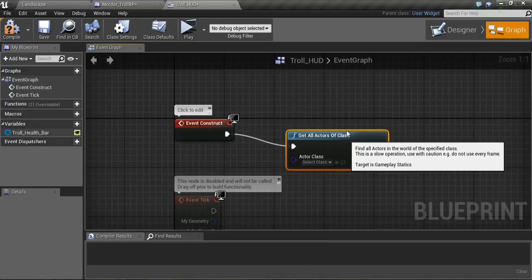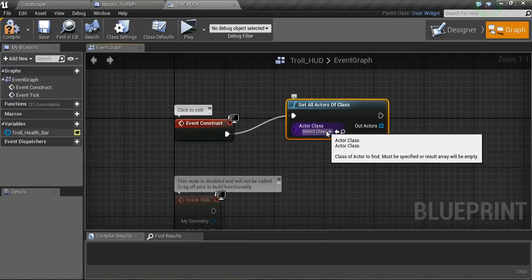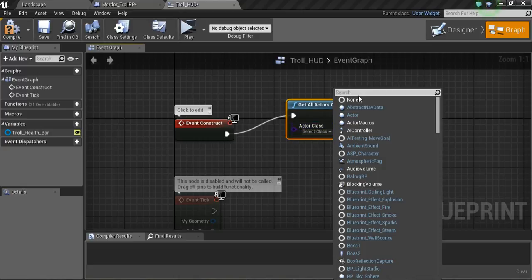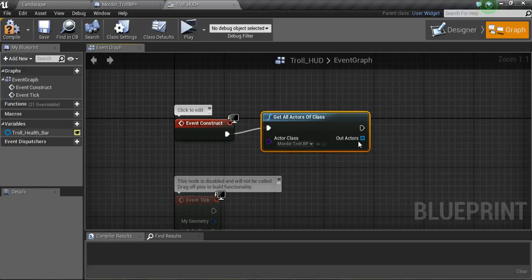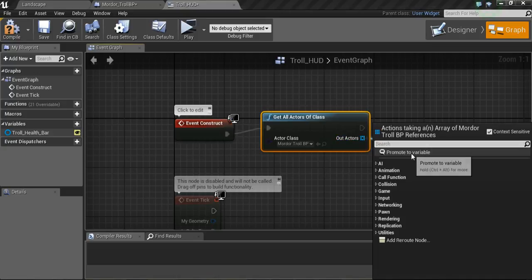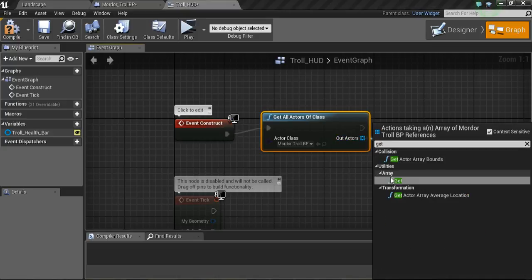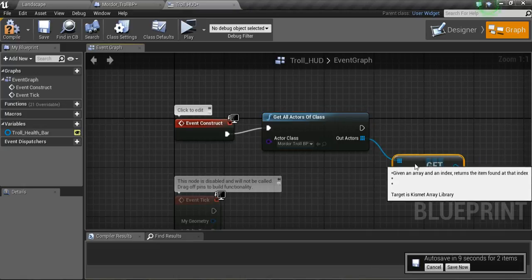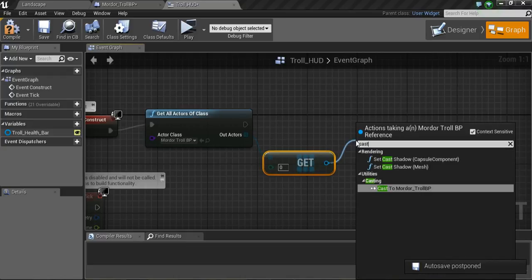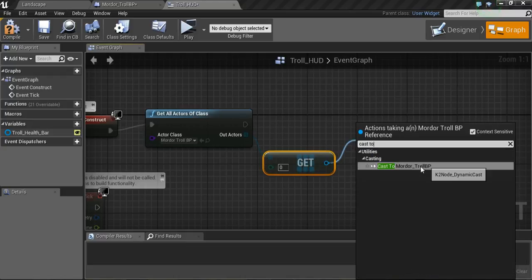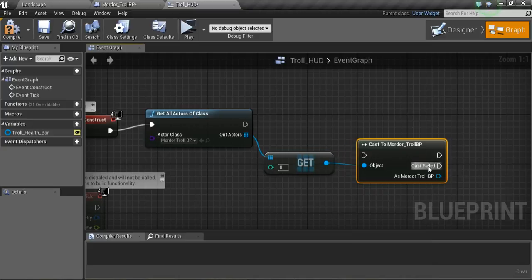And so that's going to give us access to all the actors, and then we're going to select the class we want to use. So we're just going to go here and we can search for this blueprint, and that will access that. And then from this out actors node, which is kind of an array, we're going to drag off and type in get. So we're going to get an array get node, and then from there we're going to cast that to our blueprint right here. So we'll just drag off of here and type in cast to, and now we should have this option here. So this is our blueprint,